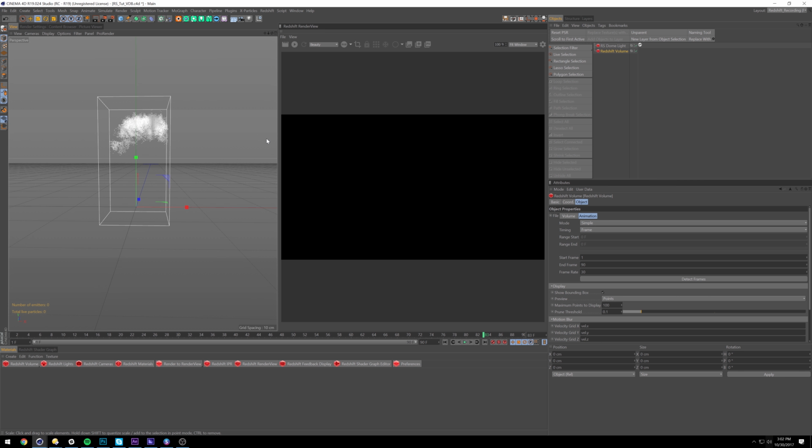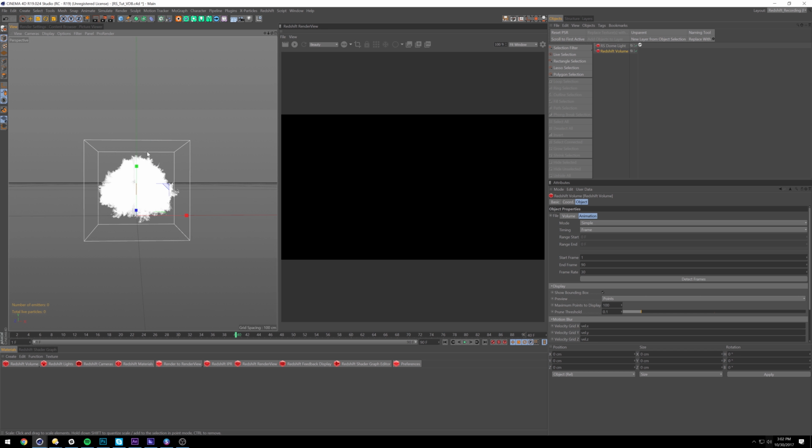So take the time to move to the frame that you want to, take a pause, let it calculate, and then move again if you need to change frames. So you'll see now that we've got our animation loading and it's rendering accurately here. I'm going to jump to about frame 40. And this is just so we can start bringing in our material and getting stuff showing up in our render